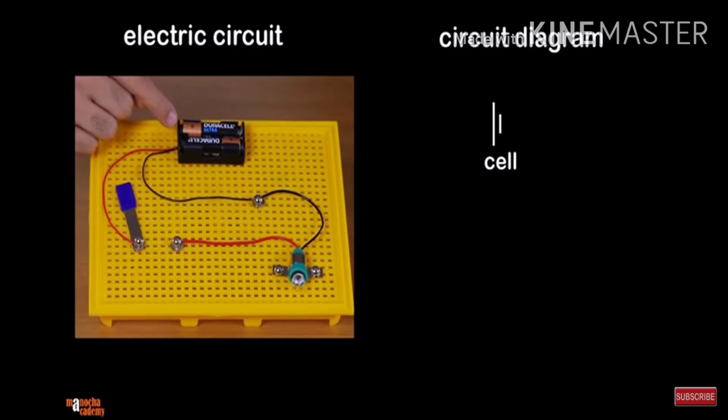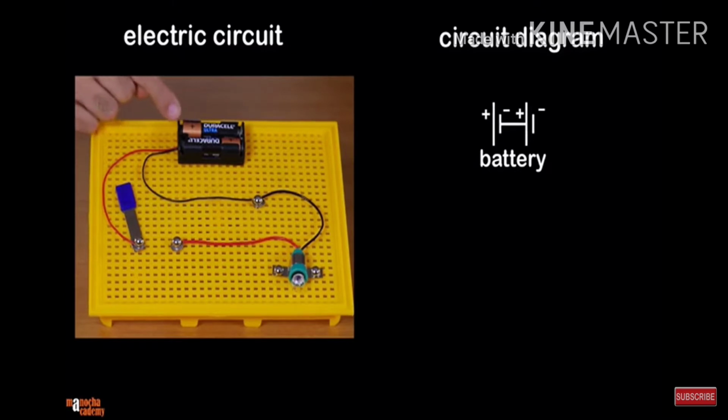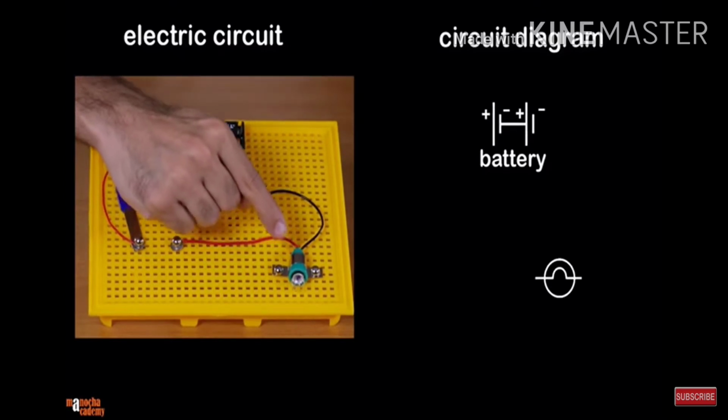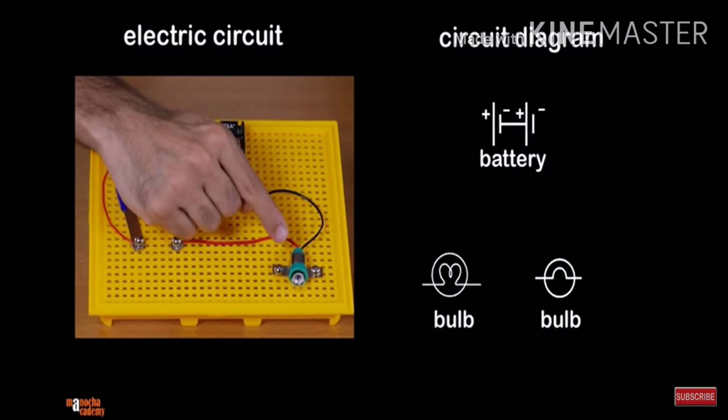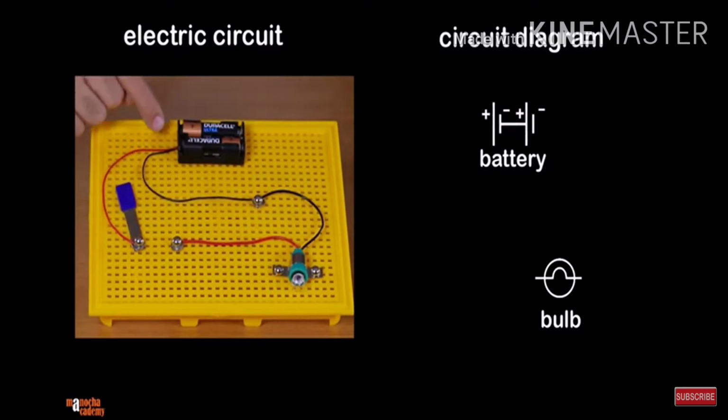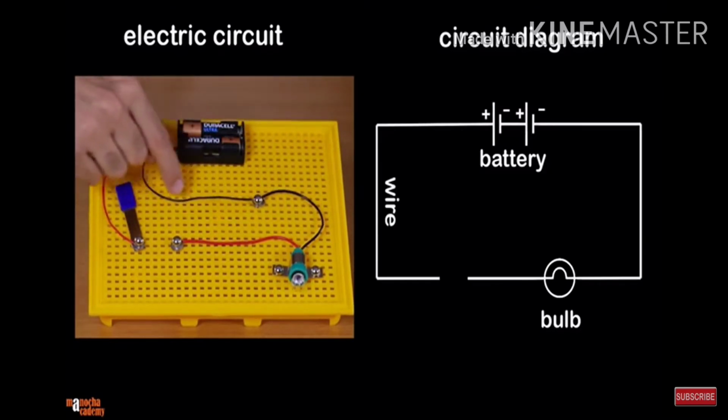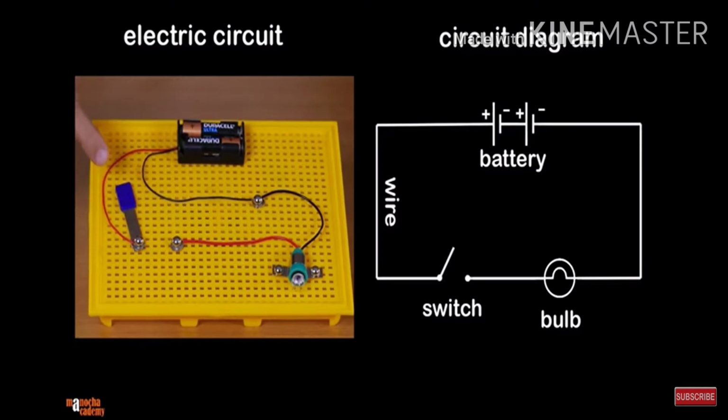Now how to draw a circuit diagram. Here cells are represented by two lines, where the longer line is represented as positive and the shorter line is represented as negative. Since we are using two cells here, we have written two diagrams. A battery is represented by positive and negative terminals, and the bulb is represented by this symbol, and some books may write this symbol. The connecting wires are represented by simple lines, and the switch is written